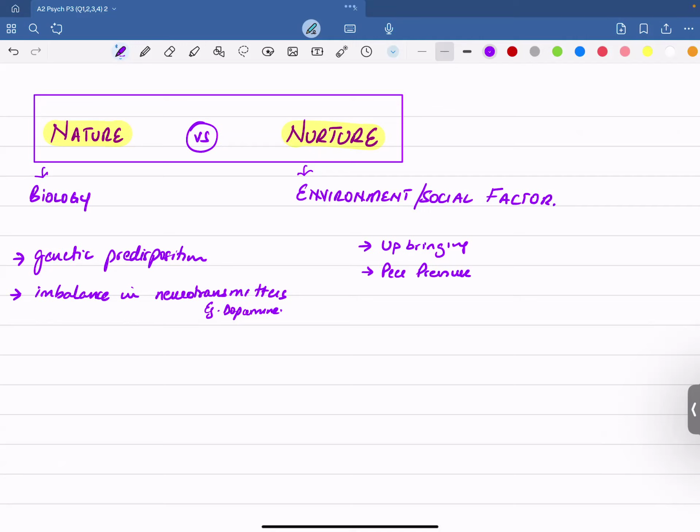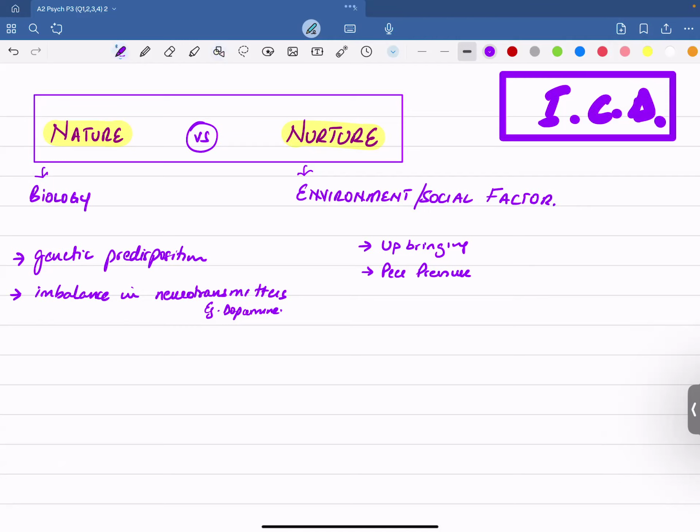See, you're studying all of this under the heading of impulse control disorders, ICD. So, it could be because of your upbringing process. It could be because of your peer pressure. It could be because of an exposure to trauma, to stress. For example, if we speak about kleptomania, what was kleptomania? When you cannot resist the urge to steal.